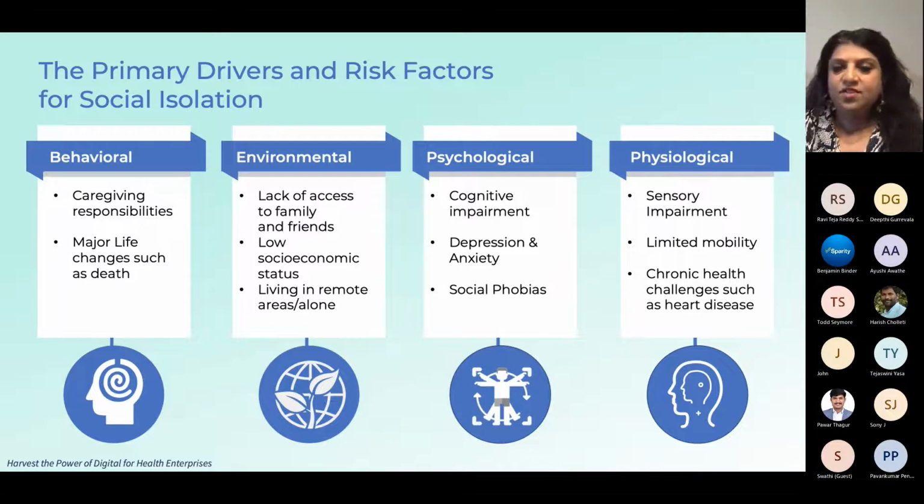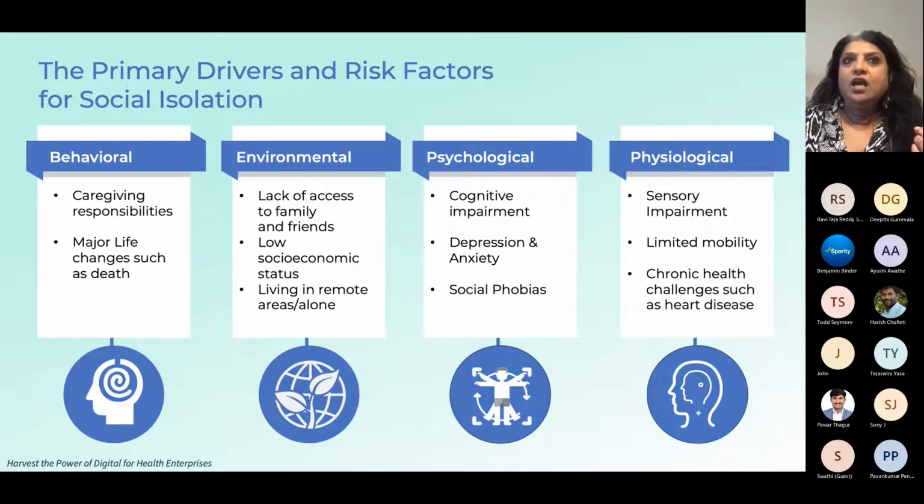Last but not the least is the physiological. So this kind of feeds into the other. Social isolation and loneliness feeds into the physiological decline, and the physiological decline leads into social isolation and loneliness. So it's kind of a loop. If you notice a lot of the sensory impairments, if you're not able to hear well or see well, you're not going to want to be around people, because it's kind of embarrassing to ask repeatedly what they're saying, or to be in a crowd of people.